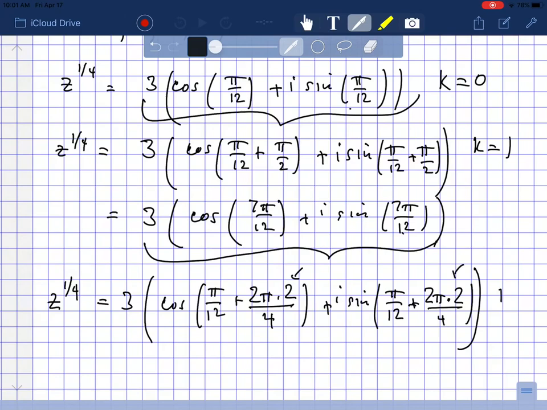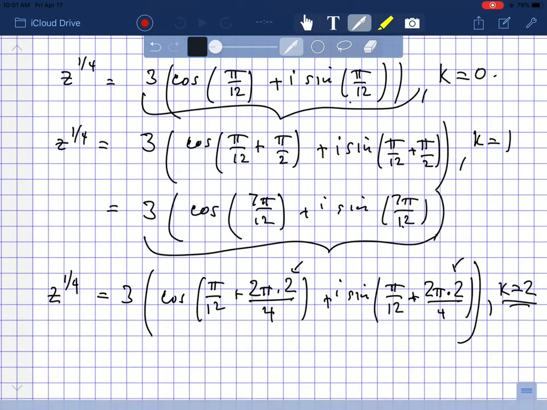Why the 2 here and here? Because we're setting k equal to 2 now. So here we looked at the case where k is equal to 0, here we looked at the case where k is equal to 1, now we're looking at the case where k is equal